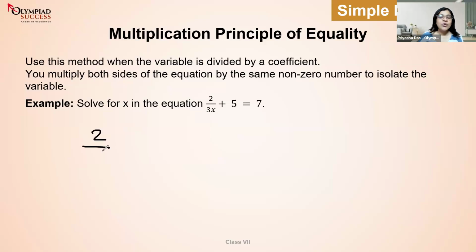So let's try. 2 by 3 into 3. That will give me 2 by 9, no? 2 by 9 is not equals to this. So what is the problem here? What is the problem here? Do we have a problem here in this equation? What did I do in a different way which you guys did not do? Come on, that's what I said.